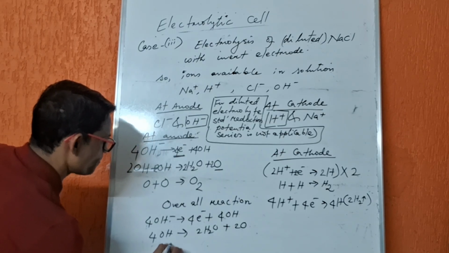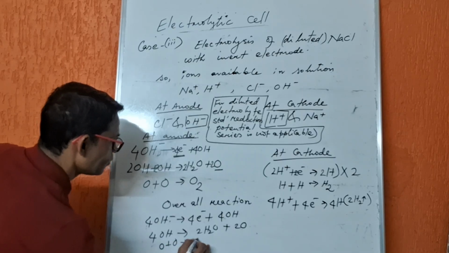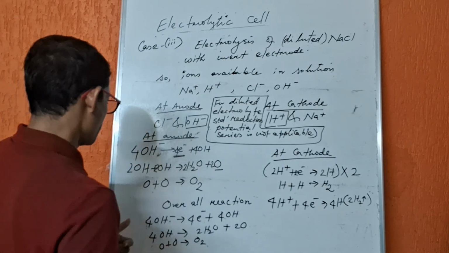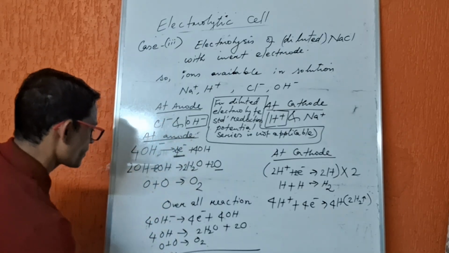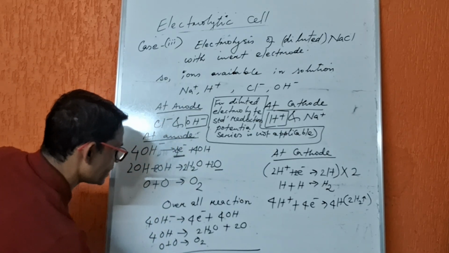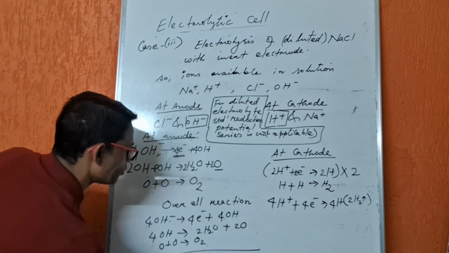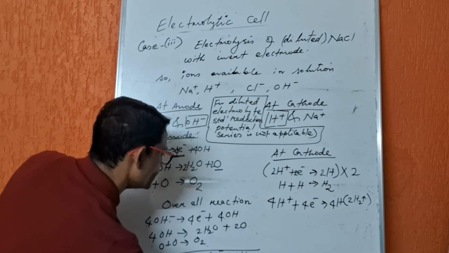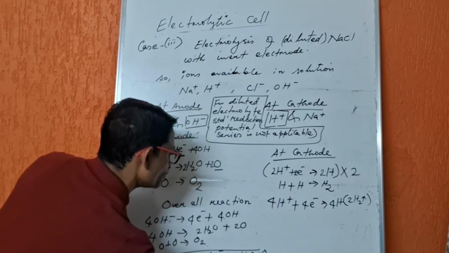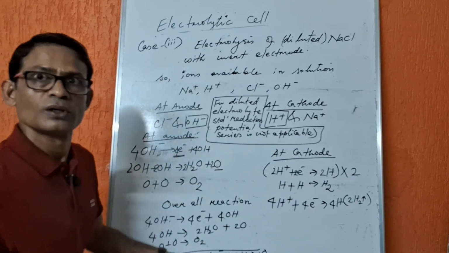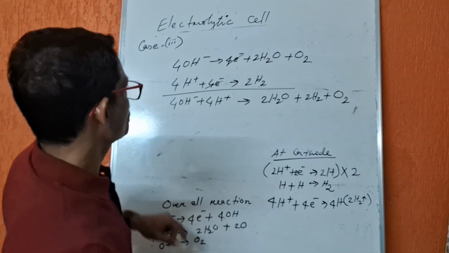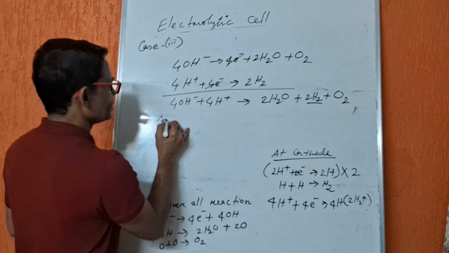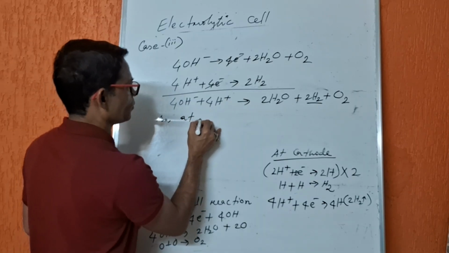So we can write it like this: 4 OH minus gives 4 electrons plus 2H2O plus O2. So the overall reaction we get at the anode